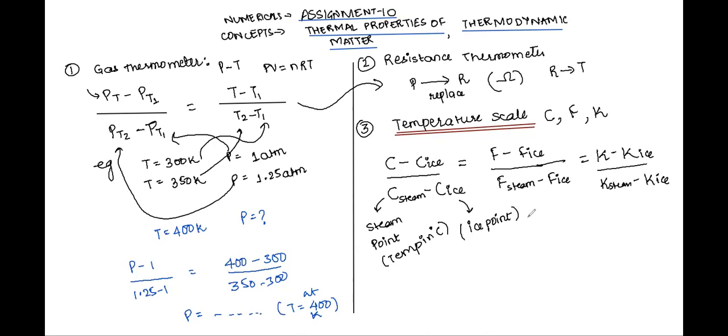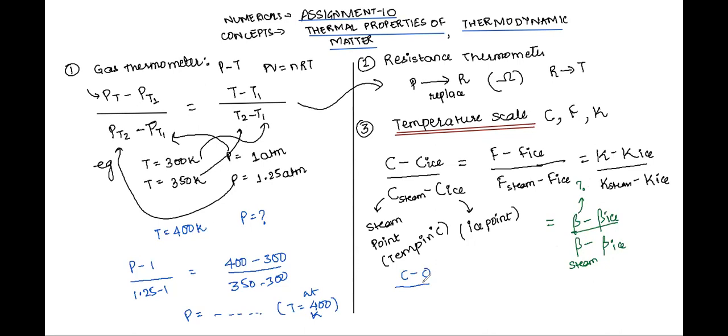You know, in exam, they can give you one hypothetical scale. Let's say that scale is theta, or let's say that scale is beta, any scale, right? Now they ask you to find out what the beta value is, if they give you its ice point and its steam point. So take a note of such a question. Here is its steam and here is its ice point. So let's first write down this formula properly and substitute the values.